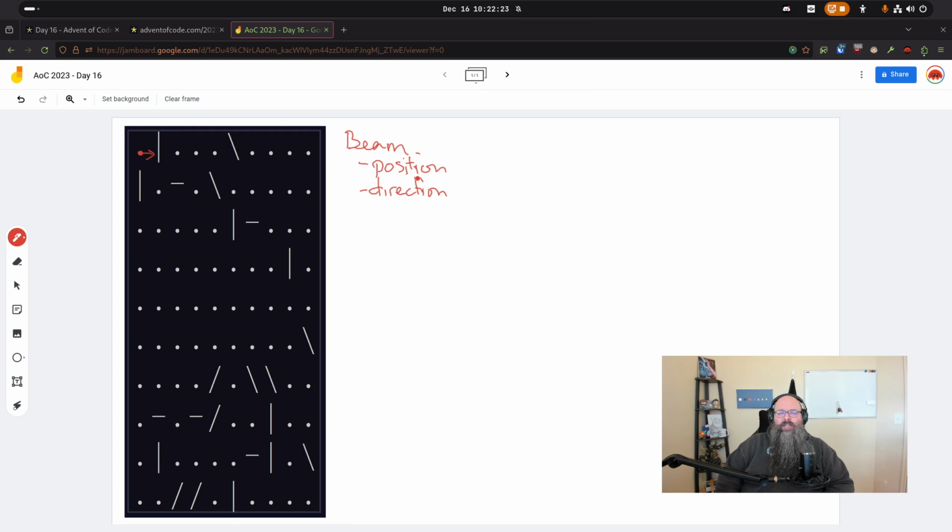And then what we can do is just reason about, at every given position, how do we alter the beam's position and direction, right? So it's right here, it's moving right. That's pretty simple. It's on a dot, so it's just going to keep moving in its same direction, right? So a dot would be just like keep going, right? I apologize for my writing. Now